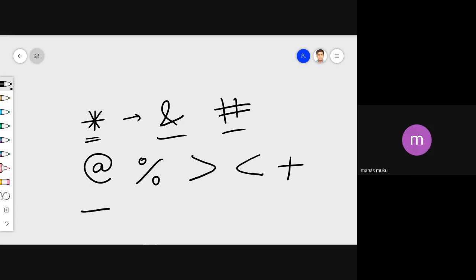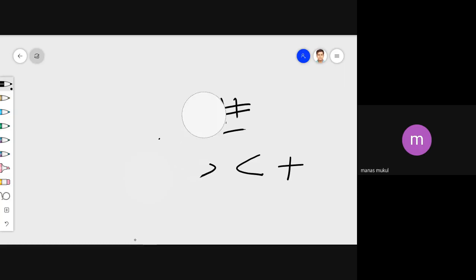Yes, sir. Okay, fine. So what I'm talking to you about is the character set. We are talking about C programming here, so I'll be bringing in the C programming rules for you. The C programming has got a character set, which is called